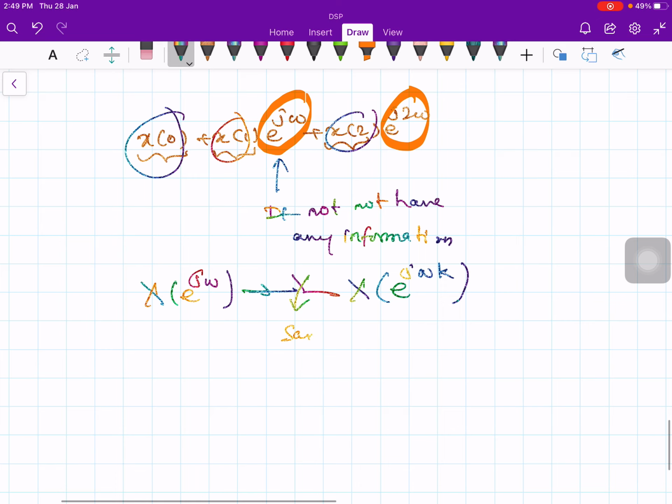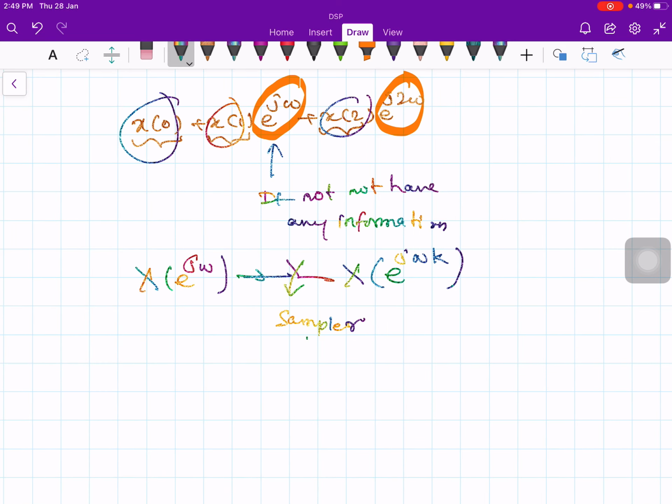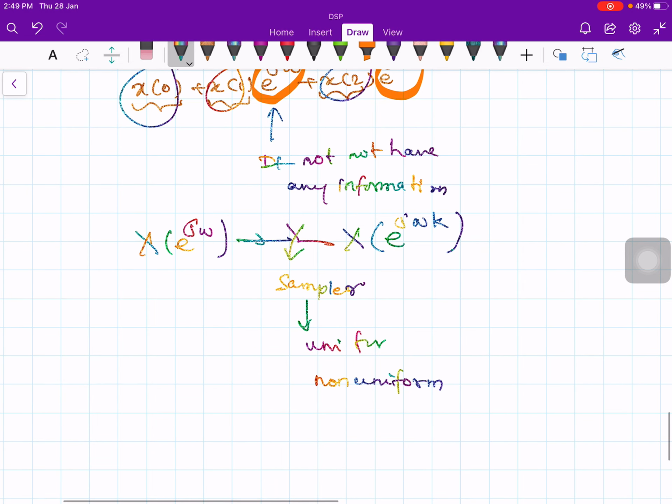Okay, so how many samples are you taking? K number of samples. So this sampler can be uniform or non-uniform, but we are going to consider uniform sampling. Okay, so uniform sampling is preferred because this keeps our life simple. So what we do is,